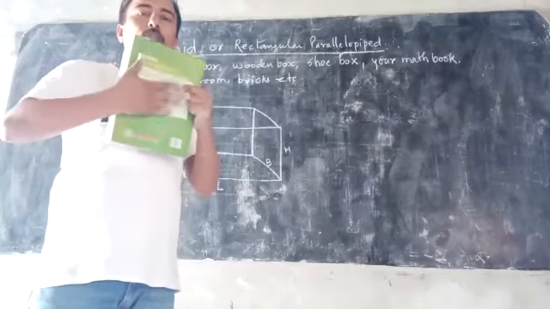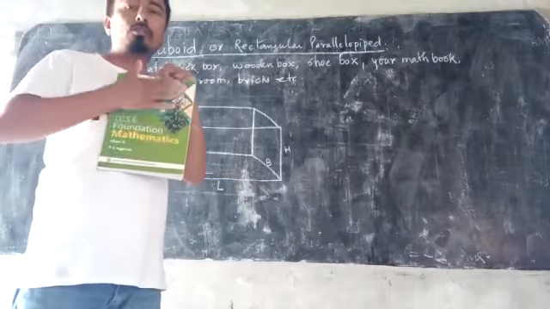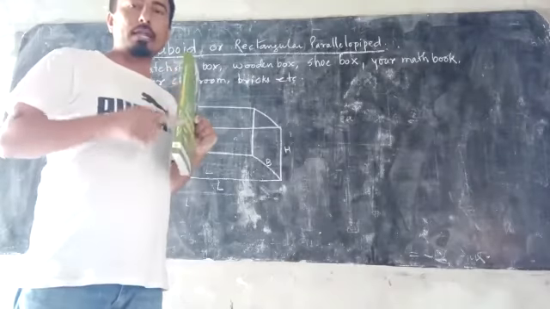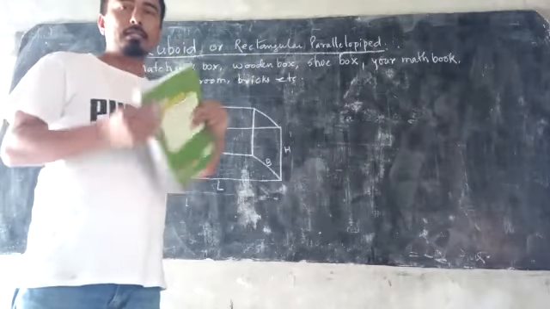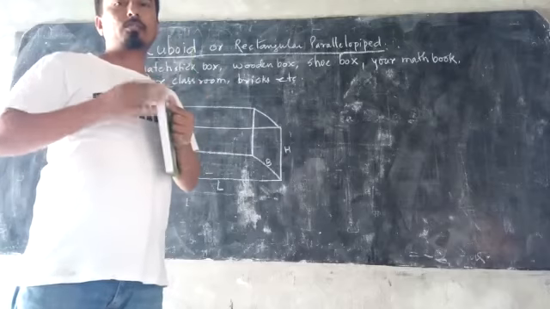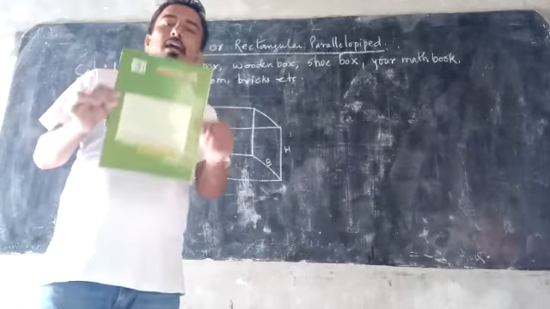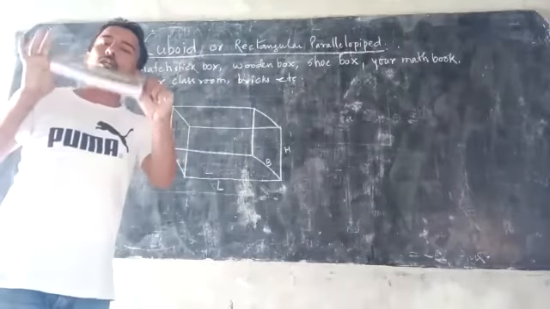Opposite to this surface, you see here, this is also rectangular. You see this surface, it is also looking like a rectangle. Opposite to this surface, a rectangle. You see here, this surface is also a rectangular surface, and this is also a rectangular surface. It means this book is totally surrounded by 6 rectangular surfaces. So this book is a cuboid.